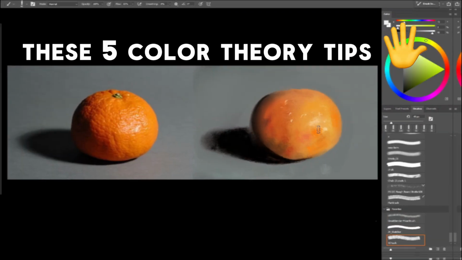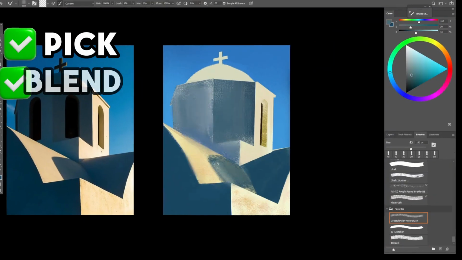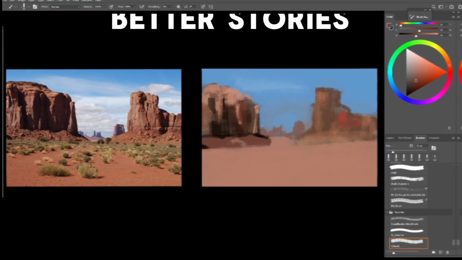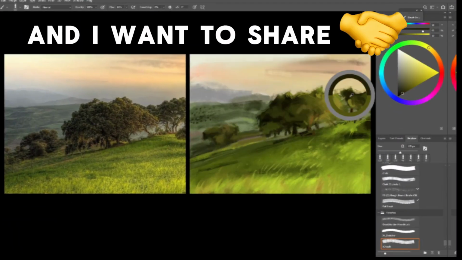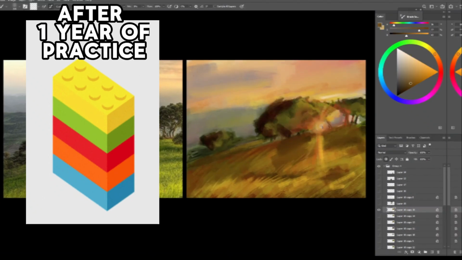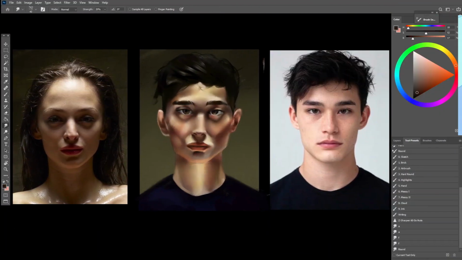These 5 color theory tips helped me unlock the ability to pick, blend, and control colors in a way that helped me tell better stories and create better art, and I want to share them with you. Each of these tips is built upon the last, so be sure to watch the video in order, starting with